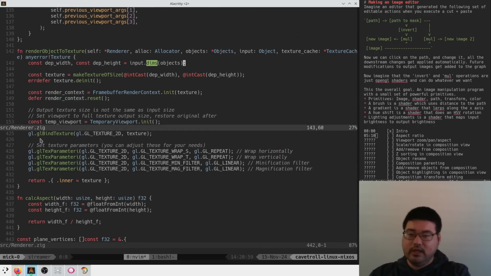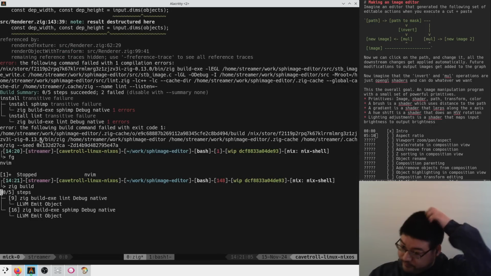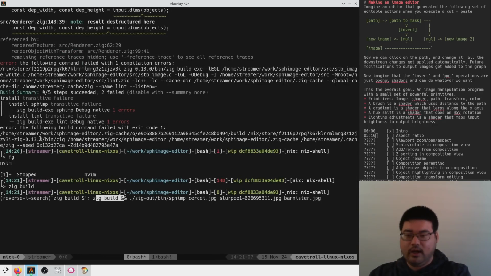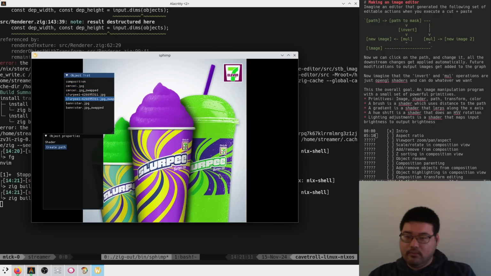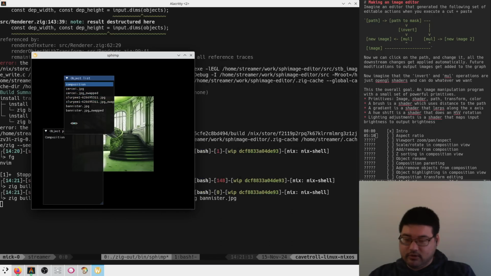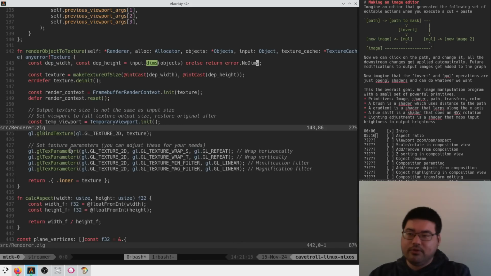Renderer 143 has the same problem. Or else return error, no dims. Okay, so now we still probably have all the same problems. Yeah, so this is still working okay, but in the composition, it's not. But now in the composition,